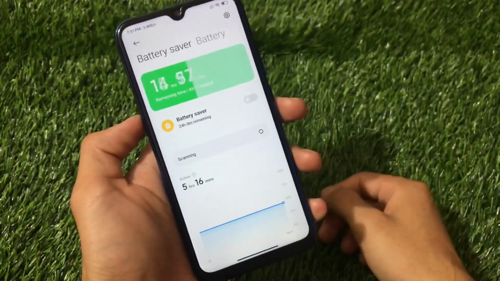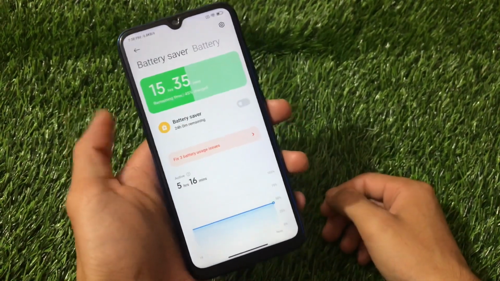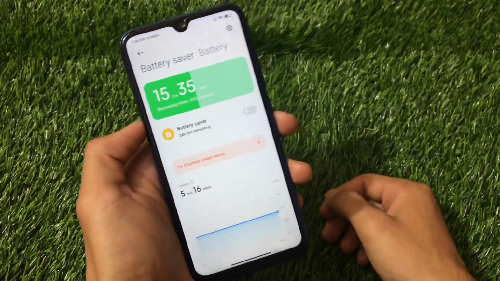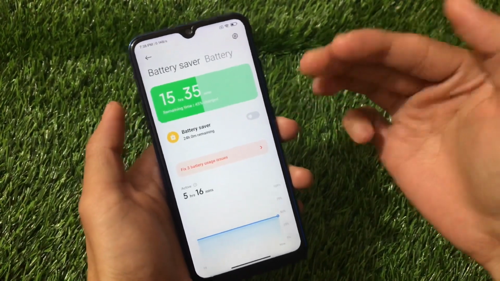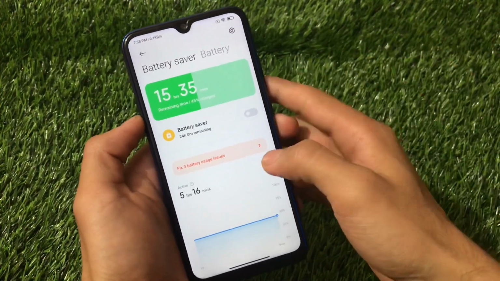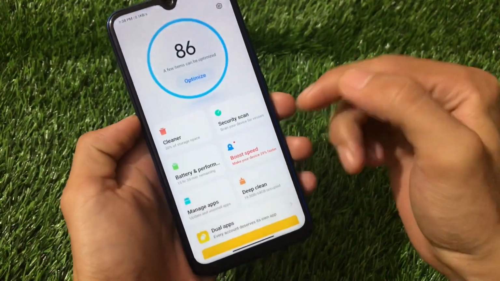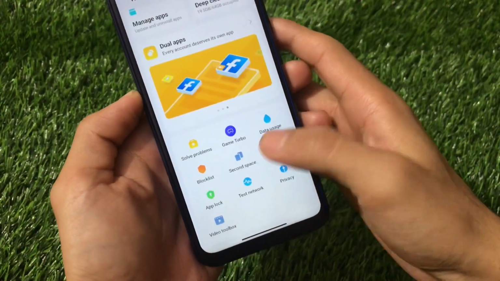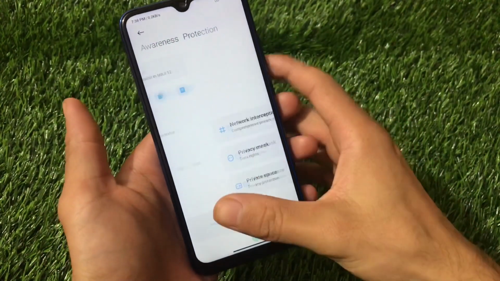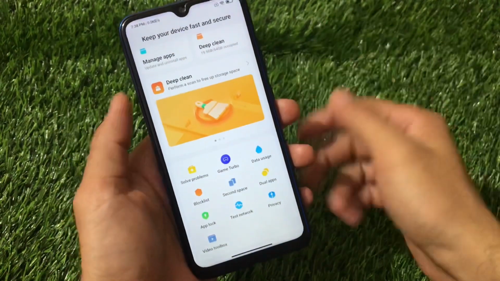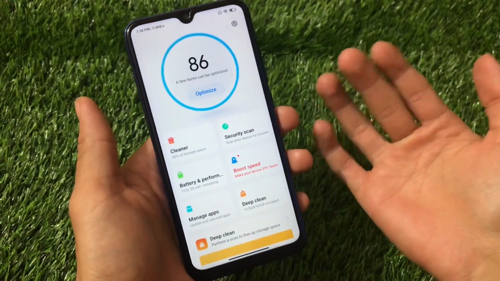Also, if you open battery and performance, you'll see a new battery menu available. This is not available by default in some cases, and yes, if you use some ROMs you have these kinds of options, but this is not available everywhere. If you're using a global ROM, this might work on your ROM also. The thing is working very well here. In battery and performance, you also get some options like the video toolbox. Privacy has the latest new menu. Everything seems to be different, new and updated, and we have a lot of features here which you can go and explore if you want to.